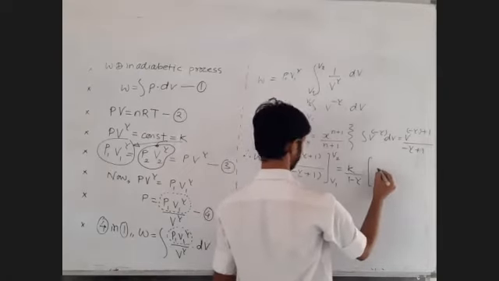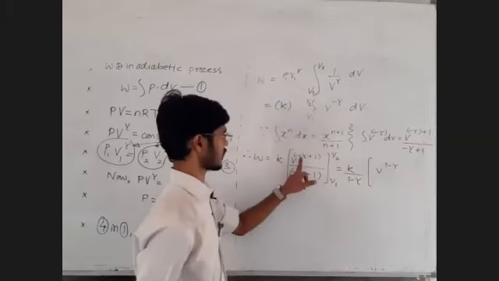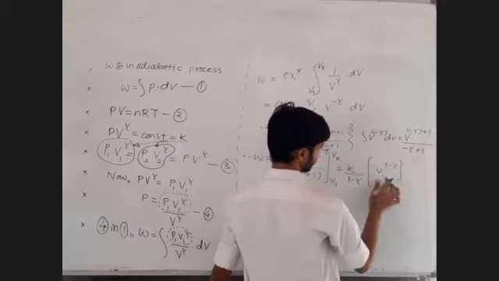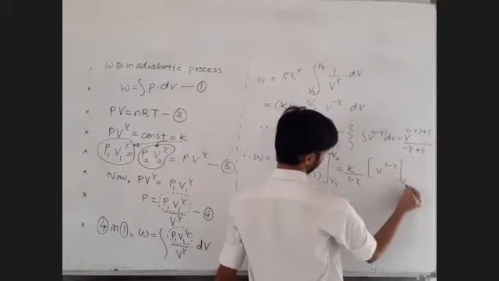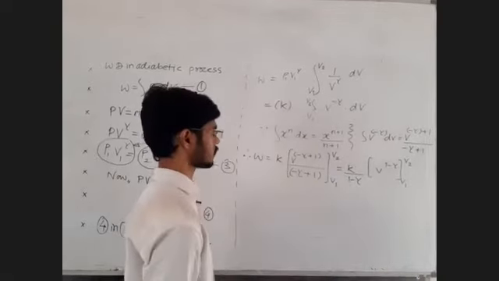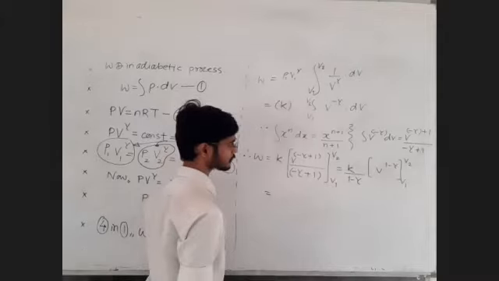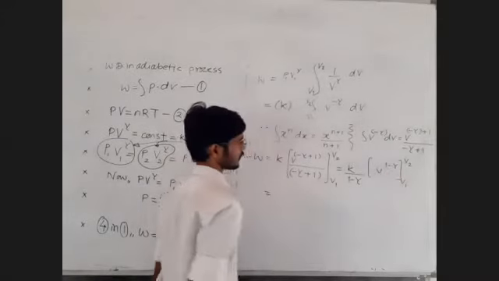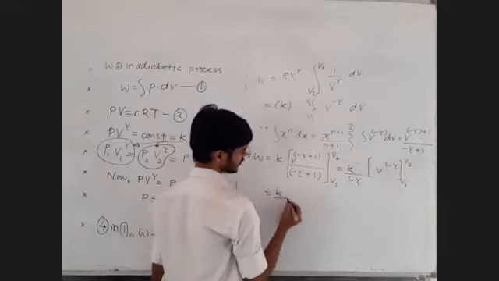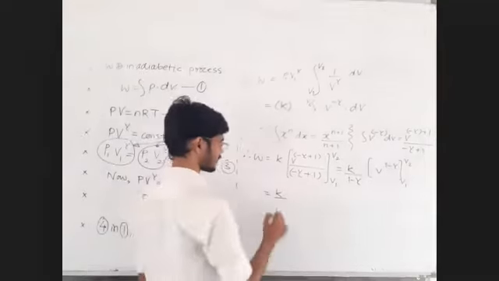Now here we have v raised to 1 minus gamma. Gamma minus gamma plus 1 means 1 minus gamma, and the limits are v1 to v2. Okay sir, fine. Now what to do? Let's do it like this. Sir, put the upper limit and lower limit and let's see what happens. This K as it is, as per the requirement, it will be replaced by P1 V1 raised to gamma or P2 V2 raised to gamma as per the requirement.